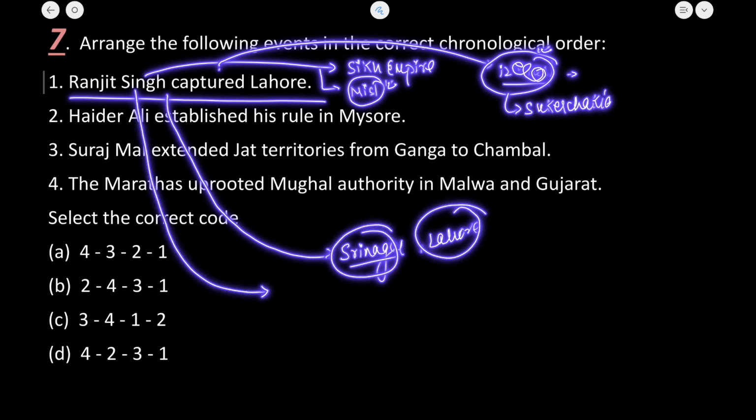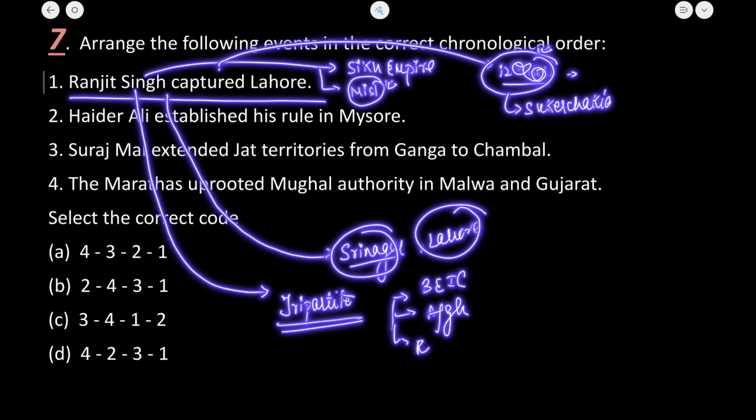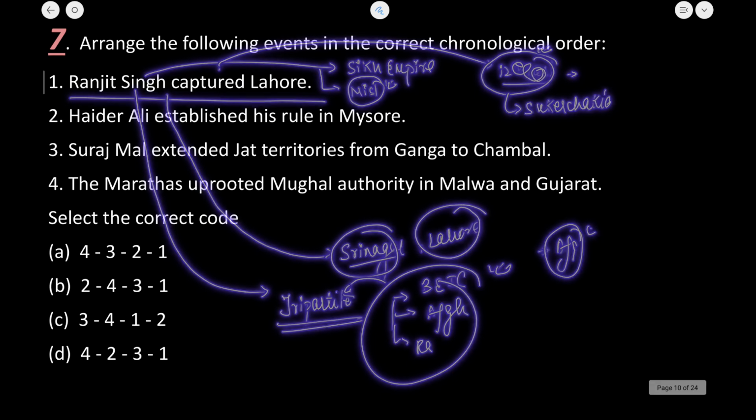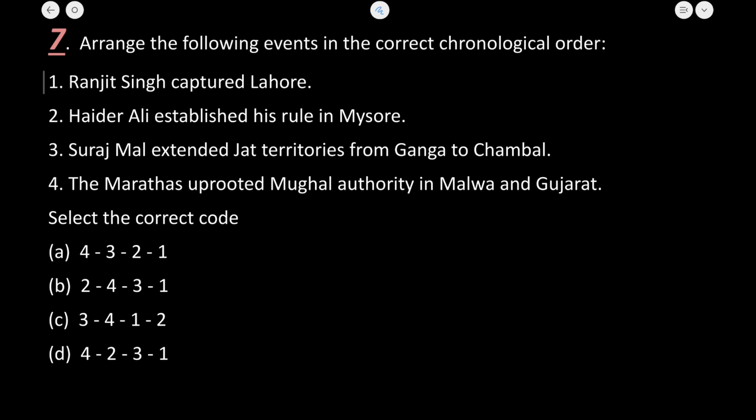Also at a later stage Ranjit Singh signed a tripartite agreement with whom? Tripartite agreement with the British East India Company, the Afghans, plus Ranjit Singh. So three of these signed the tripartite agreement. ठीक है, and this agreement was regarding Afghanistan. So these are the important points that you need to know about Ranjit Singh. Now Ranjit Singh captured Lahore in the year 1799.